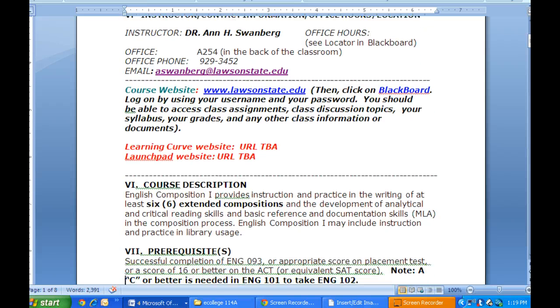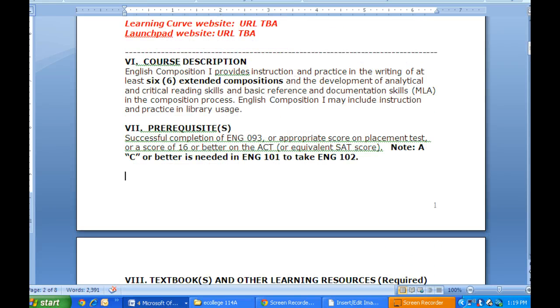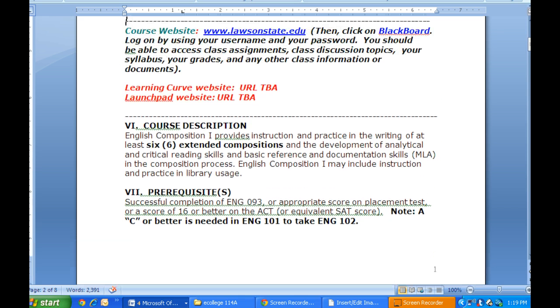We are going to be a course that uses Blackboard. All of our classes here at Lawson use Blackboard. I particularly use it a lot. And if you're in class today, I'm going to give you a quick run through of what our Blackboard site is going to look like. We also use some supportive software called Launchpad, and we'll discuss that as we go. And when we do, I'll have a tutorial on how to sign up for it and the basics of using